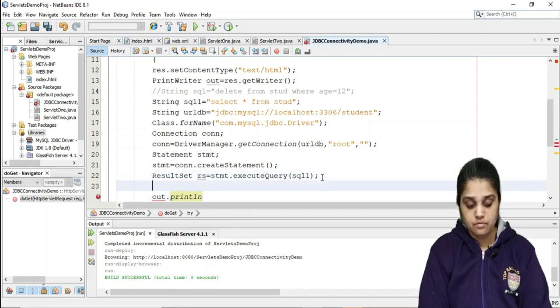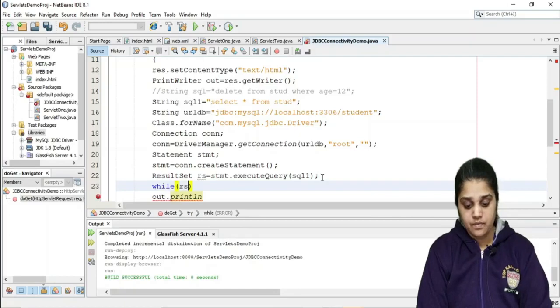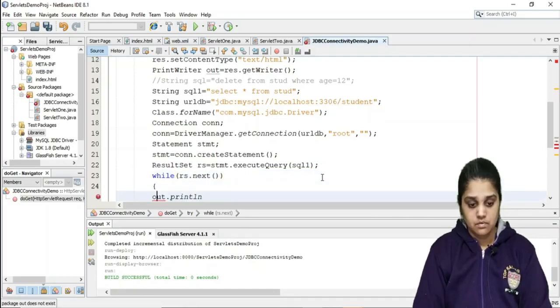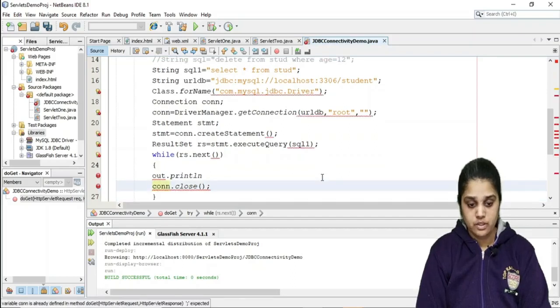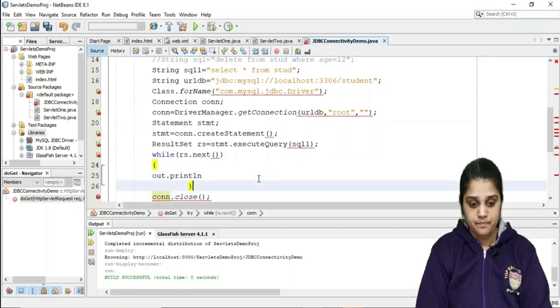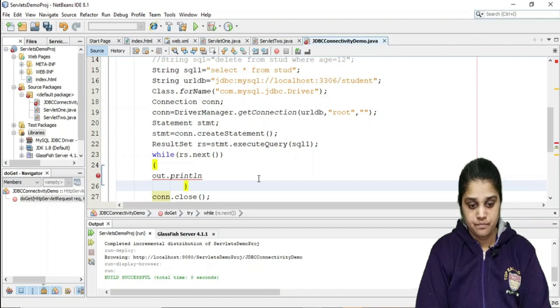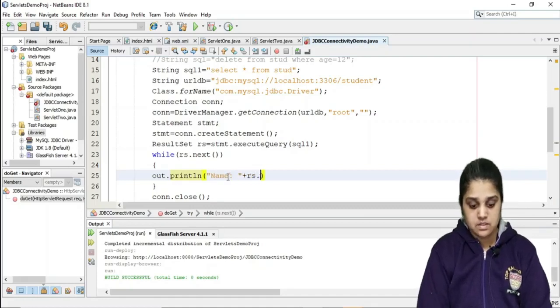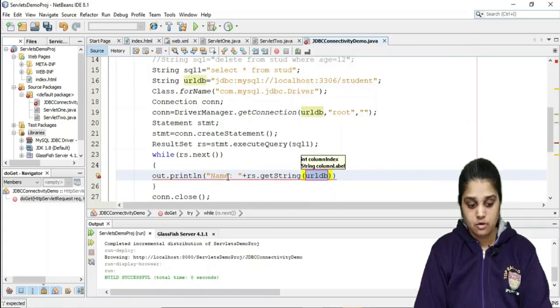While rs.next, you are supposed to print your data. Out.println, first you will print name plus rs.getString and your first column.